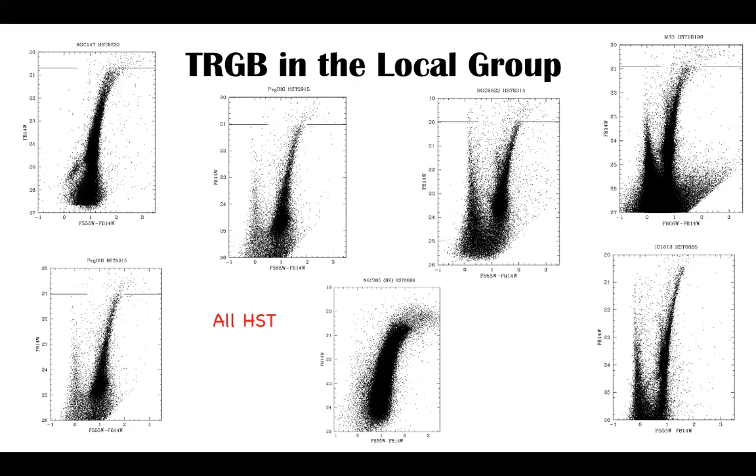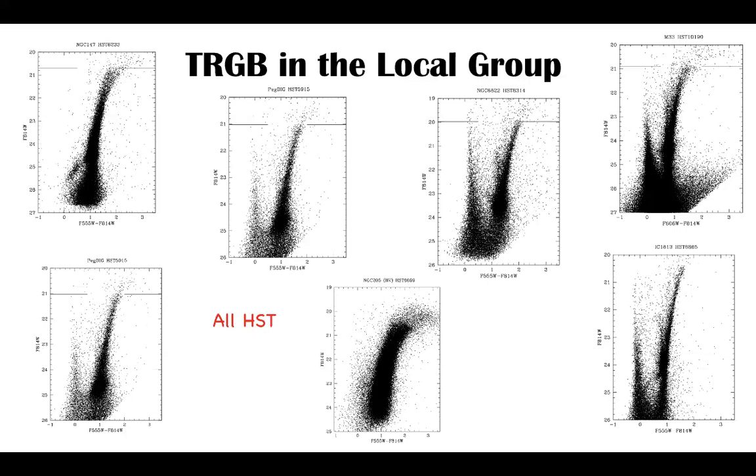Here's some examples of Hubble Space Telescope color magnitude diagrams of galaxies in the Local Group. And this is not a complete sample, but just to show you the sorts of data that Hubble Space Telescope was getting. And you can see that in all of these cases, the most obvious feature in all of these color magnitude diagrams is the red giant branch. And that the tip of the red giant branch then is pretty evident just by eye looking at all of these